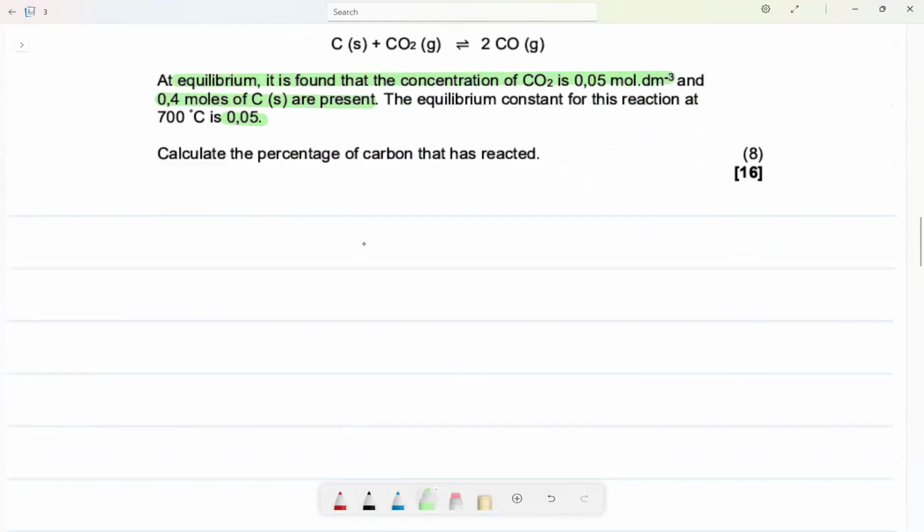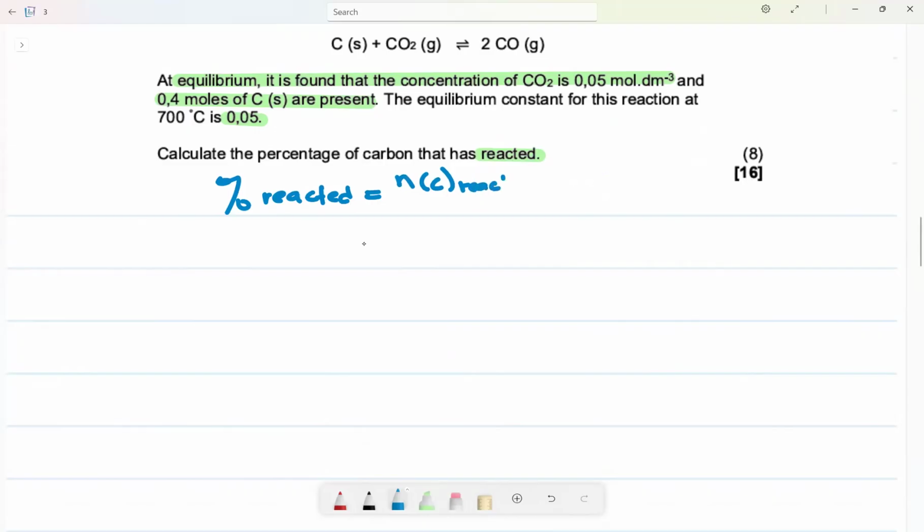What percentage of carbon has reacted? Reacted is the same as change. Remember, the one that reacts is the one that is going to change. So how can we find the percentage? The percentage of carbon that reacted is going to be the number of moles of carbon that reacted, or changed,